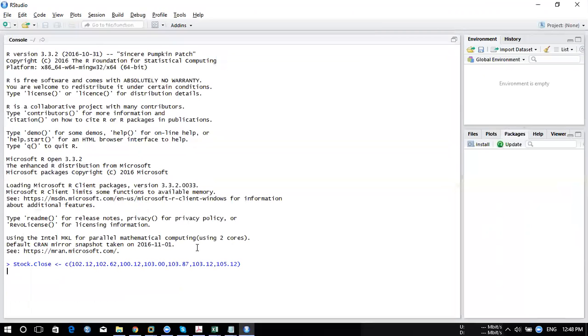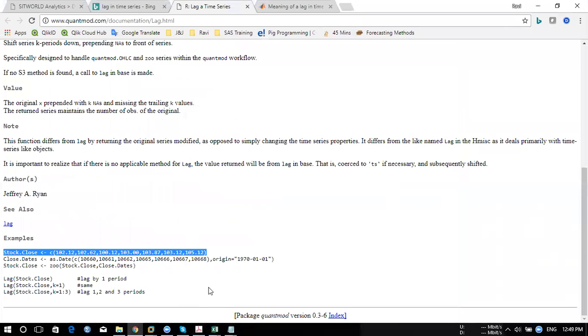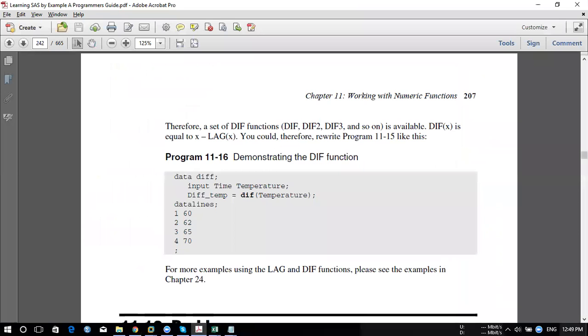The data set has got created. Problem with R, leave it. Lag will only give you this function. So I think that's okay. Differential will give you the difference between this.